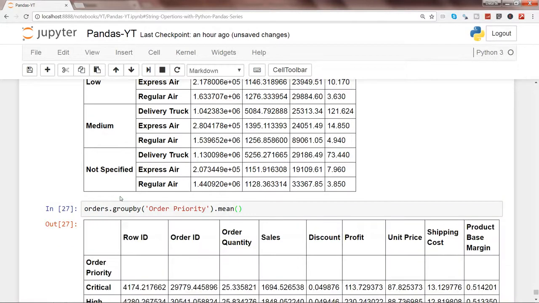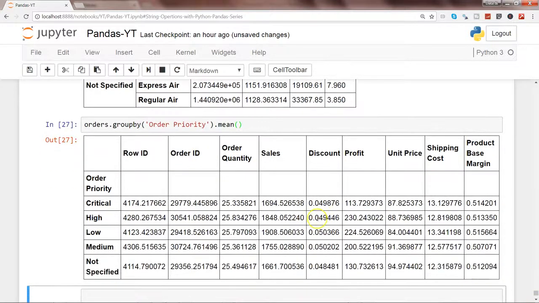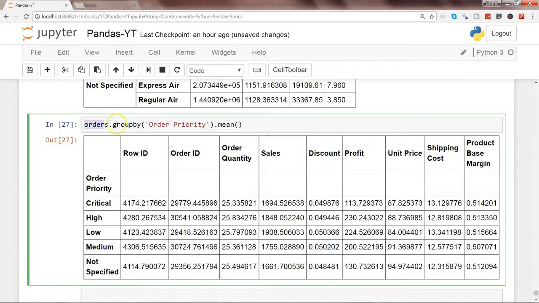Let's say we want mean, and now you can see wherever it has identified a numeric column, it has given the average. So for order quantity, sales, discount, profit, wherever it identified a numeric column, it gave you the values by order priority. This way you don't have to specify the numeric column on which you want mean, max or sum, but simply specify the group by column and the aggregate operation you want, and you will get all the columns as aggregated values for these categories.